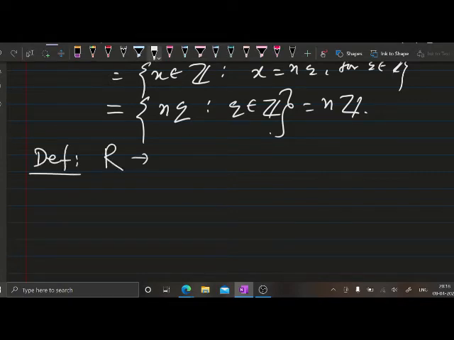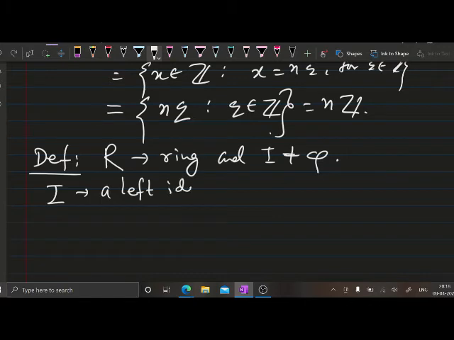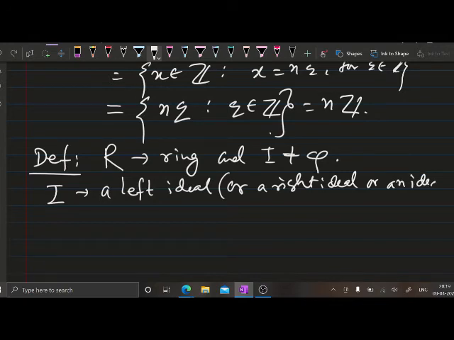Suppose R is a ring, and you take a non-empty subset I of R. Then I is called a left ideal, or a right ideal, or an ideal, if number one,